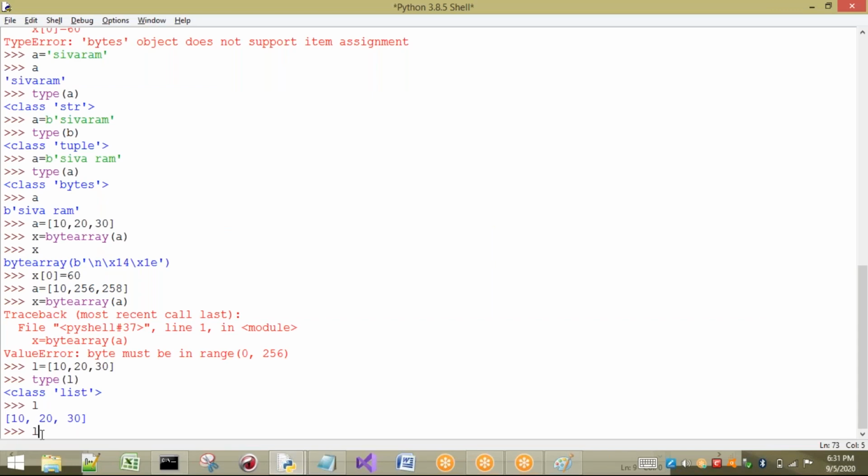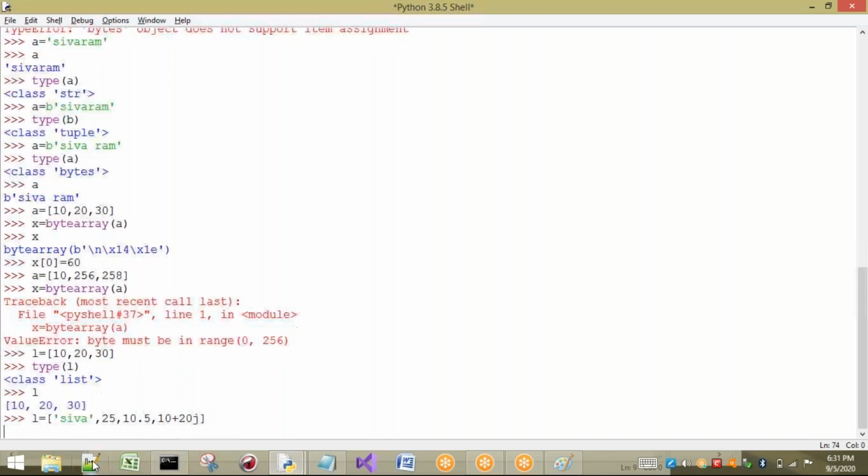For example, some L equal to, I want to store some strings, I can store a comma, I want to store some int value, and I want to store some float value, and I want to store some complex value. Now it can store because our list can store heterogeneous type of data, not only same data. Here I have shown you same data.